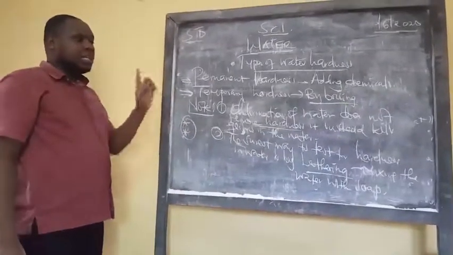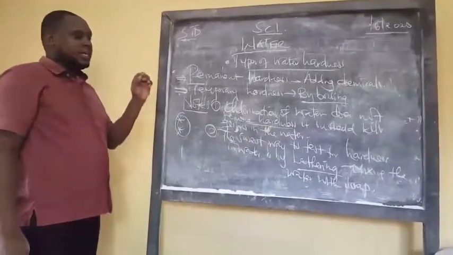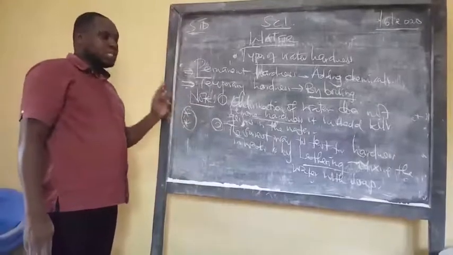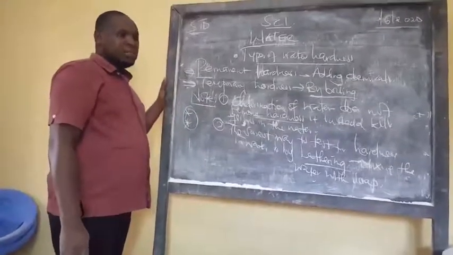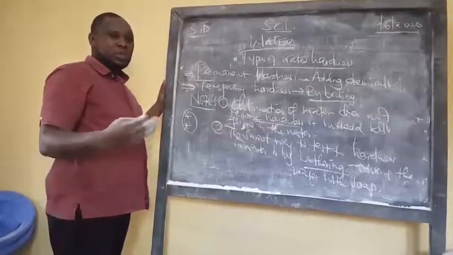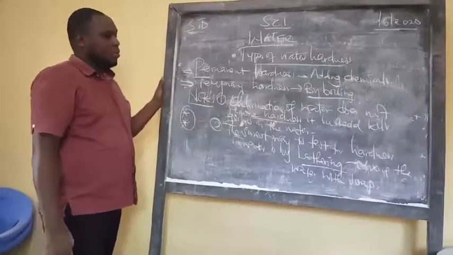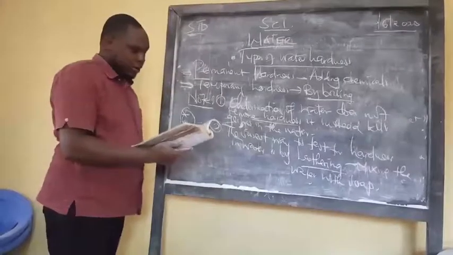That chlorination does not remove hardness, instead it kills the germs. And number 2, the surest way to test for hardness is by lathering, that is mixing the water, whether hard or soft, since we want to know whether it's soft or hard, with soap. So I think that brings us to the end of